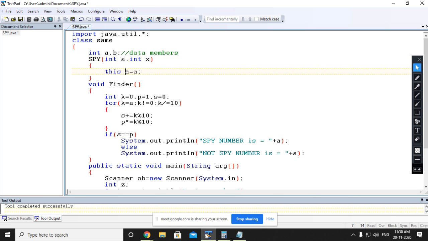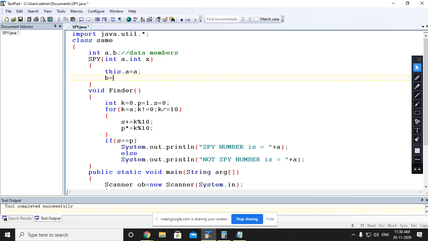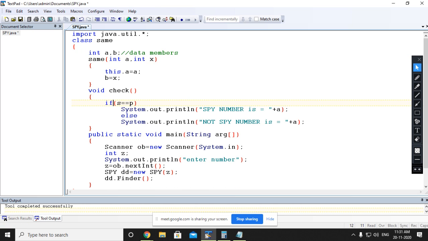Like a and b, so b equals x. The constructor name must be the same, so I am using the same name. You can change the function name. If the data members both are the same, we are printing same. No need to print the value because both are the same. Otherwise, not same.